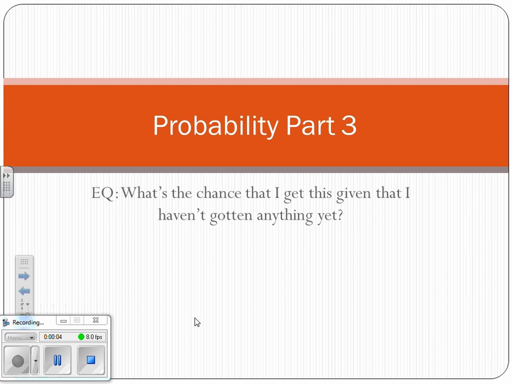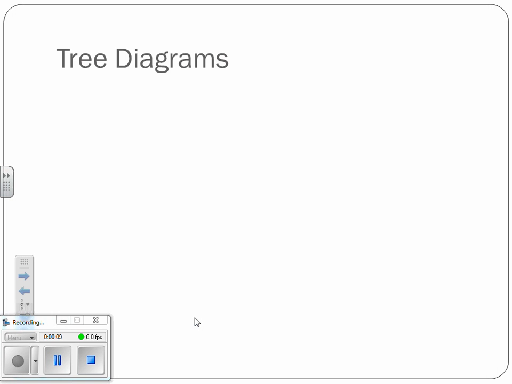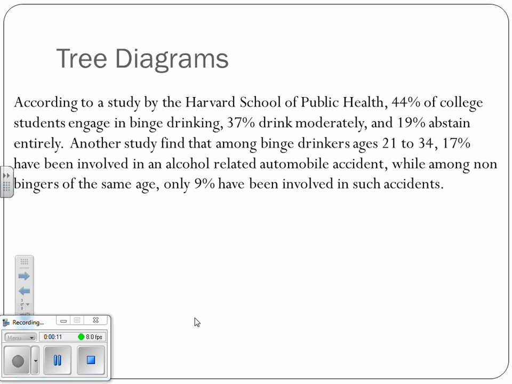All right, so third part of probability. Another way to organize our data is a tree diagram. So quick example here. Here's a study done by the Harvard School of Public Health on the college students there